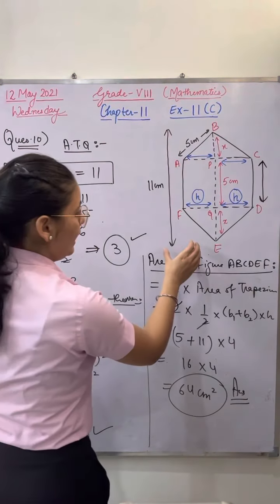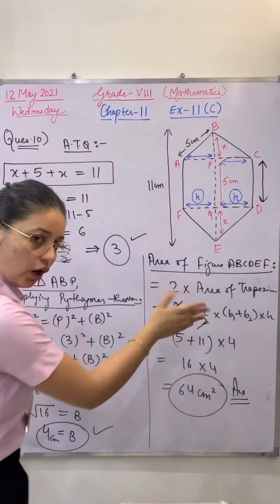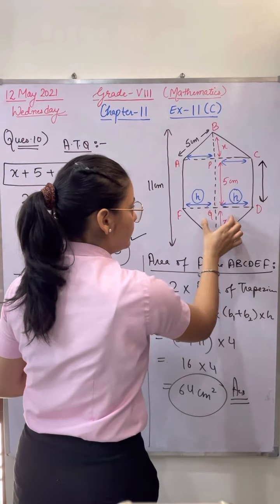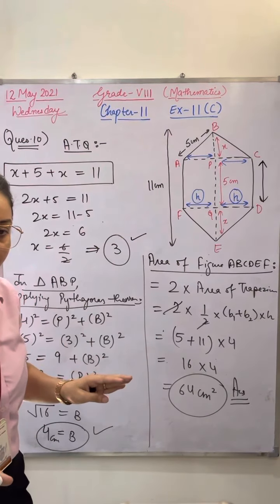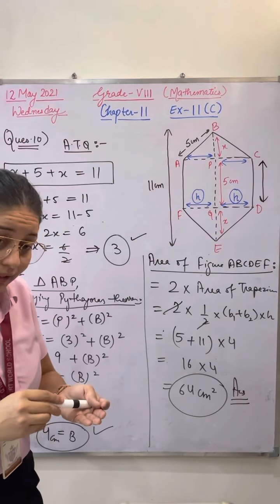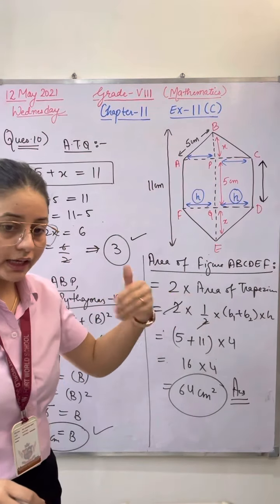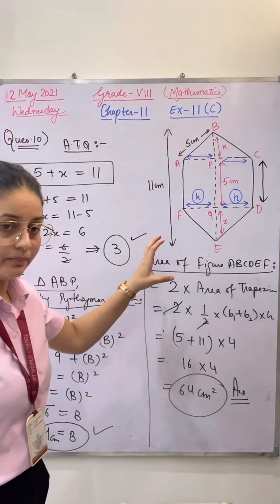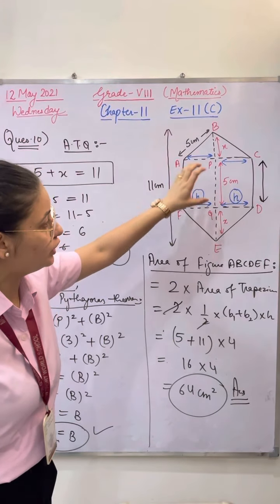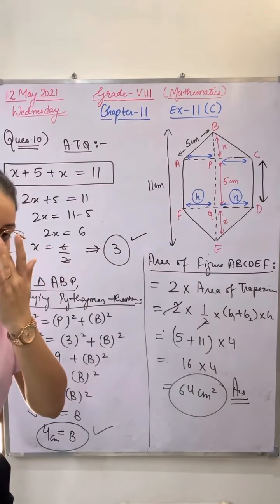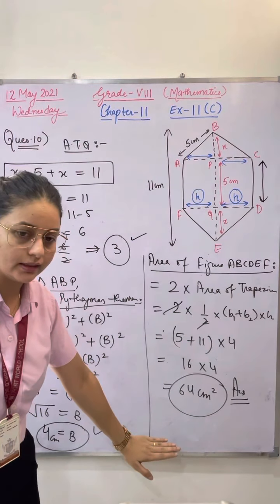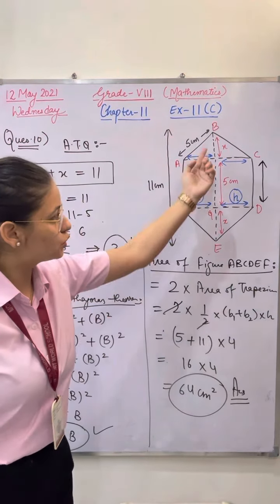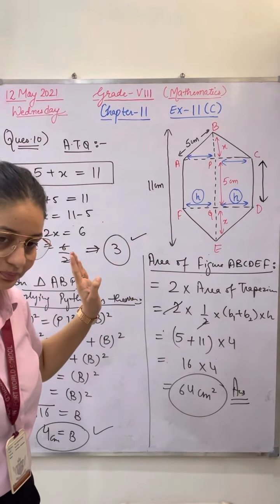Okay, after that I have taken 2 trapezium. It is also very easy. If you will go with 3 shapes, 1 triangle, 1 rectangle, 1 triangle, your answer will be absolutely correct. So the thing is that you can split the figure according to you, but that should be very right. That should be correct. If you are splitting in 4 parts or 3 parts or 2 parts, that should be correct. I'll not cross any of the method, but the method should be correct. You can go with 2 trapezium or 3 shapes. Right, Chaitanya? Thank you, ma'am.